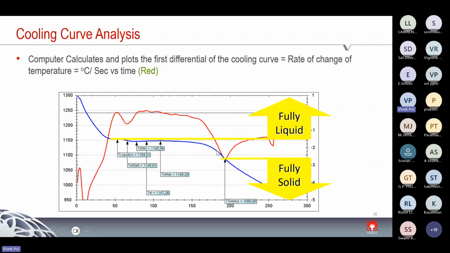So as a foundryman, we don't need to understand this curve in a real sense, but we need to understand these parameters like T minimum, T solidus. These are some important parameters, and those are indicating the overall metal quality. We don't need to go deeper to understand what these lines or the curve are. We only need to understand the important thermal parameters.